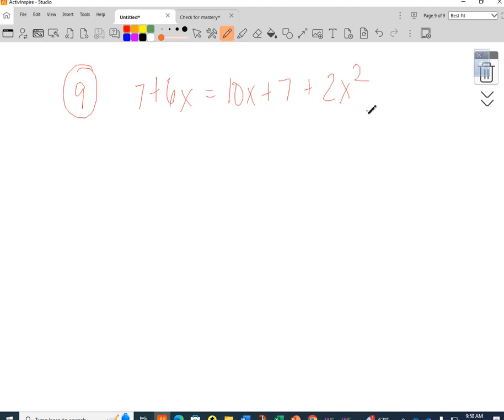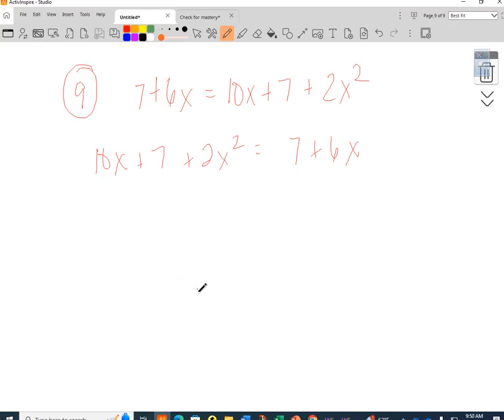Okay. This is a positive square term. I like my square term on the left. I'm going to flop everything around. So I'm going to do 10x plus 7 plus 2x squared equals 7 plus 6x. Does that make sense, Kara? Doesn't really matter. We could do it that way, but a lot of kids like to keep everything on the